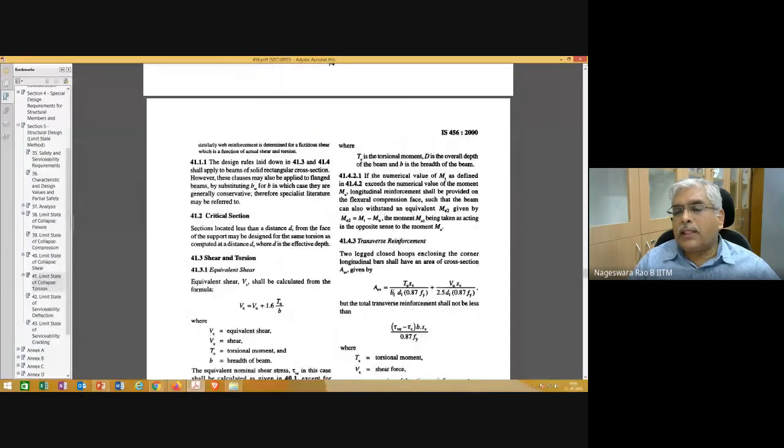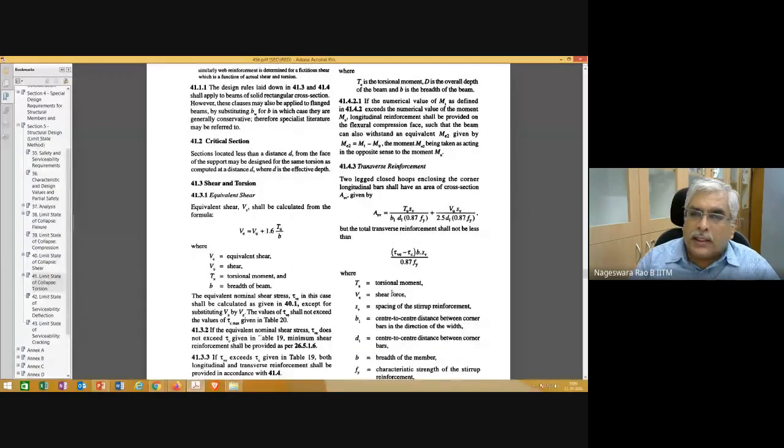An RC section subjected to torsion is such that the torque is going to result in additional shear stress. So we need to estimate that, and as far as design is concerned, for this torsion we are going to provide some additional longitudinal reinforcement and additional transverse reinforcement, or additional stirrups.